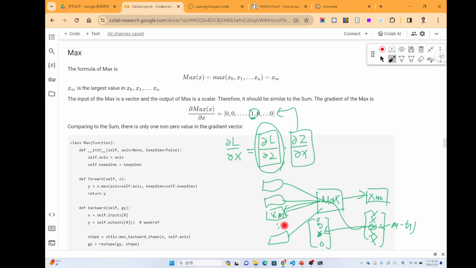We don't really need to care about the others. And you may wonder whether the item with the max value might change. Yes, it will. Whenever you decrease this value, it will become smaller than others. So in the next forward pass, the item with the maximum value will change, and then in the next update, the gradient will go to that item instead of this item.